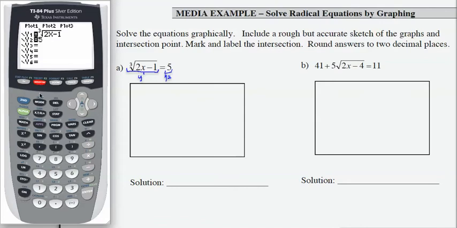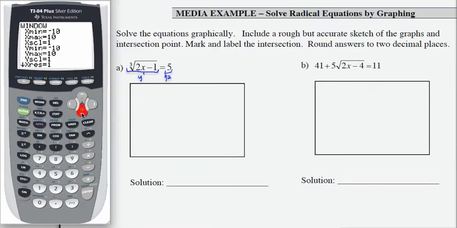I'm going to check my window, make sure I'm starting with the standard window. There's nothing about this problem that would indicate I need to change that. So let's see if that's going to give us a picture of the intersection. So the cube root function is there, and the output of 5 is here, but it looks like it's way over on the right-hand side. So now my image tells me that I'm going to need to change my window,